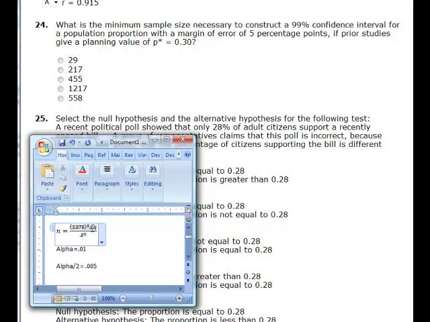And for our p and our q, we're going to use the estimates that we've got. For p, we're going to use 0.30. And for q, it's going to be 1 minus p, so that would be 0.70. And the margin of error, remember everything in this problem that's a proportion has to be in decimal form. So when it says the margin of error needs to be 5 percentage points, we're going to write that as 0.05. And that is especially important in this problem in order to get the correct answer, that you do put everything in decimal form. So if we plug all that into our calculator, we get